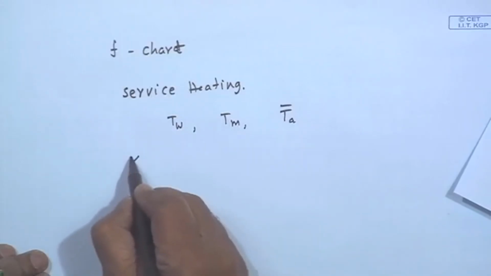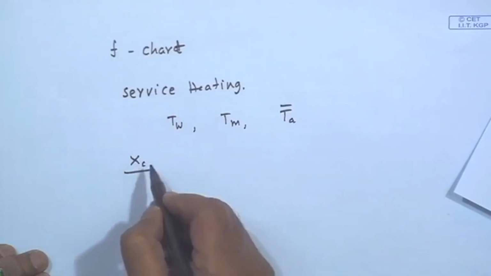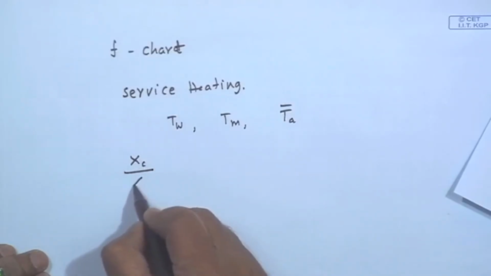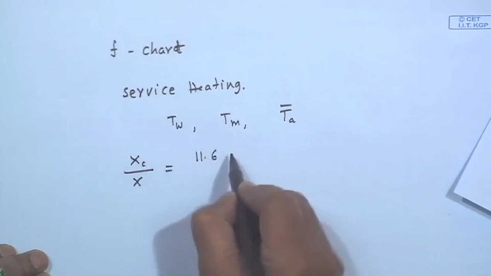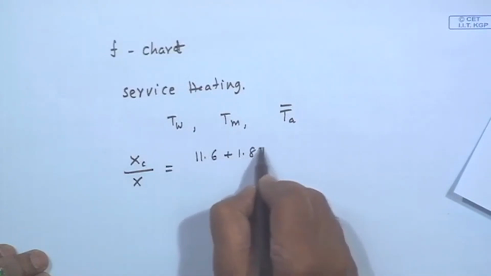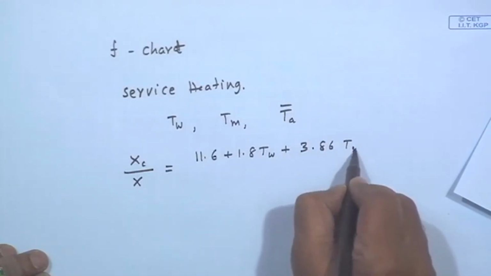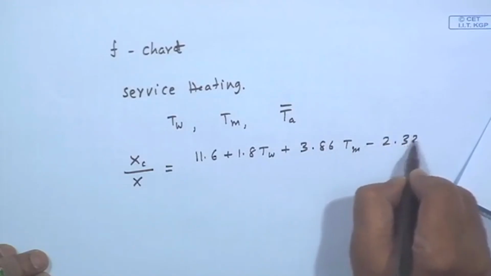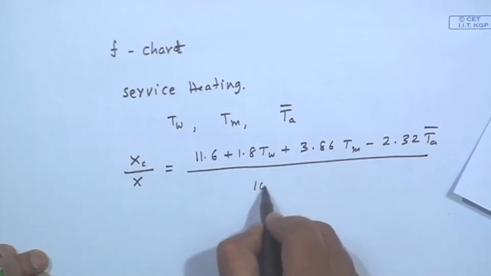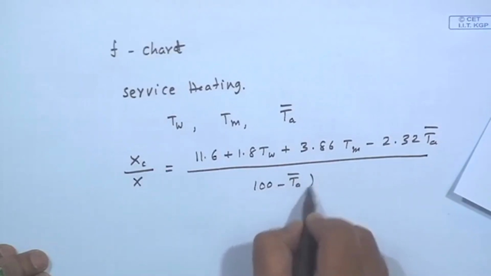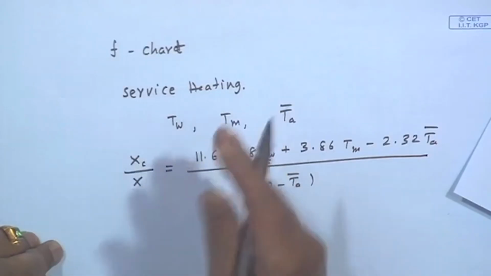That is simply done using the air collector correlation or the water collector correlation, liquid based system, as Xc by X is equal to 11.6 plus 1.8 TW plus 3.86 Tm minus 2.32 Ta bar upon 100 minus Ta bar. So, you change the x coordinate depending upon TW